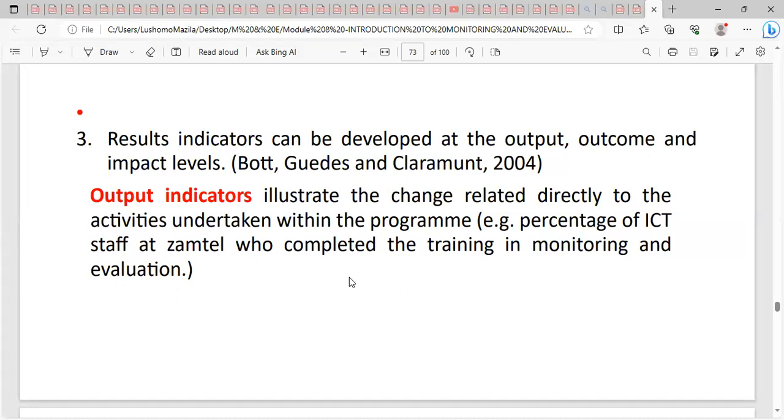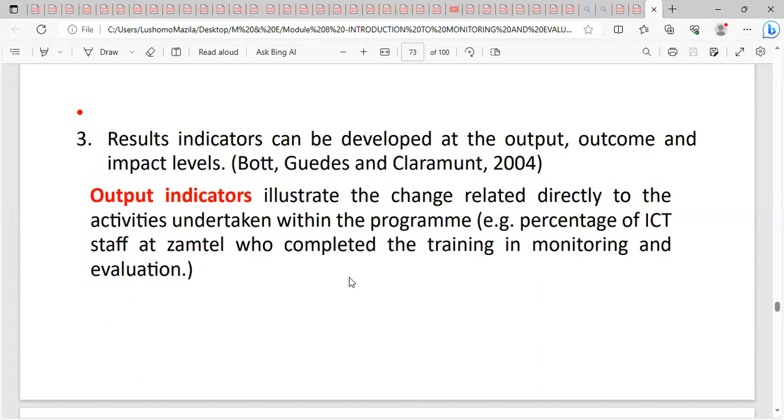So the percentage of ICT staff at Zamtel who completed the training in monitoring and evaluation. We look at the total number of enrollment. People can be enrolled in a particular training, and out of that number, not everybody is going to finish. So when we sample how many people attended, not just attended, but finished the training, those people who completed,